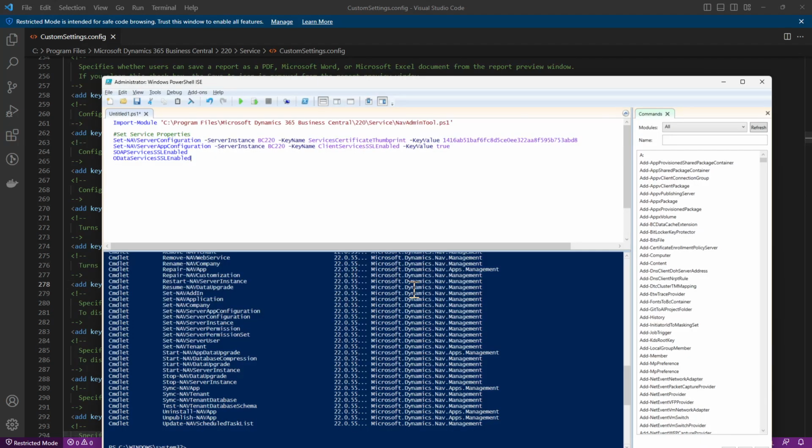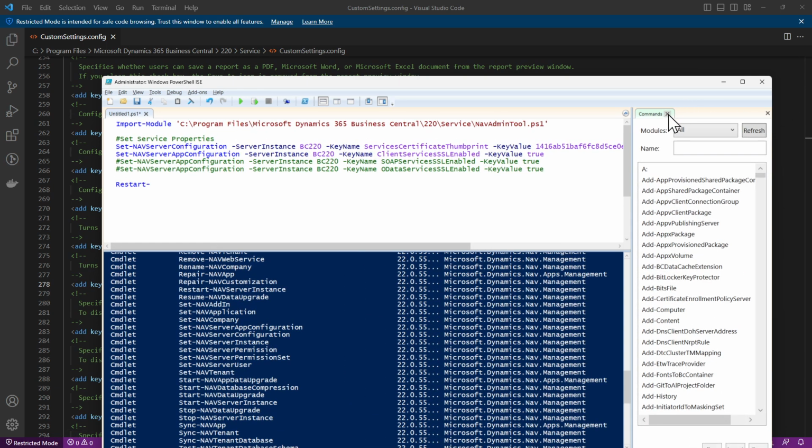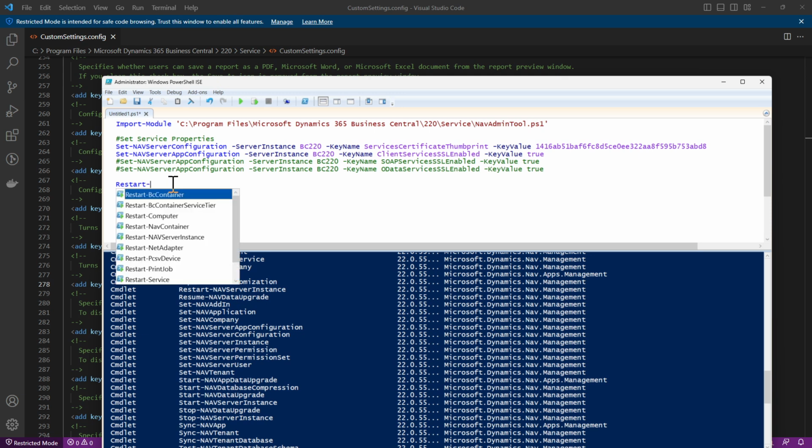Okay, so if you need to, I'm just adding them, I'll not run them. You can run them like this, just here, and there's no harm in doing it. I'm just not doing it because I'm not using them, but if you have to, you can set it by using these two properties. As we have changed something on the property, I'll have to restart my service. So restart, and maybe it's not visible, so let me zoom this in. Okay, restart NAV